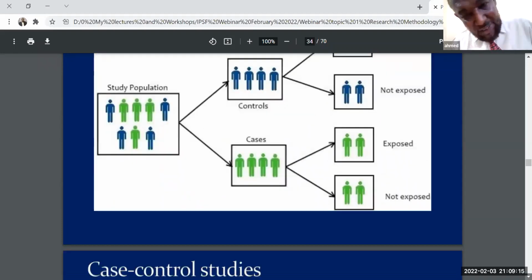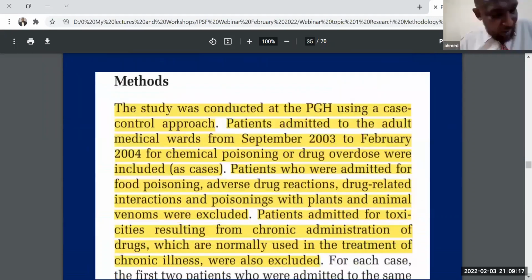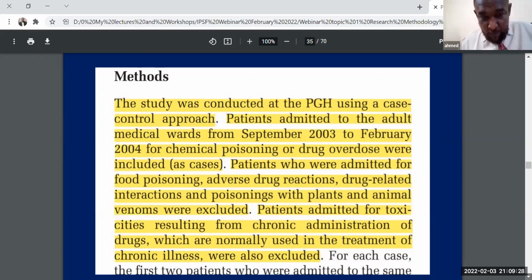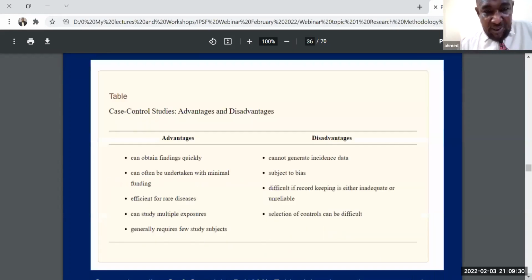Regarding this study I was talking about, we just focus on some aspects. This table is about advantages and disadvantages of case control generally, then I will come back to the study. One of the advantages of case control is that it can obtain findings quickly, compared to cohort studies, because a normal cohort study requires a long time. One limitation: cohort study is considered more preferred than case control,